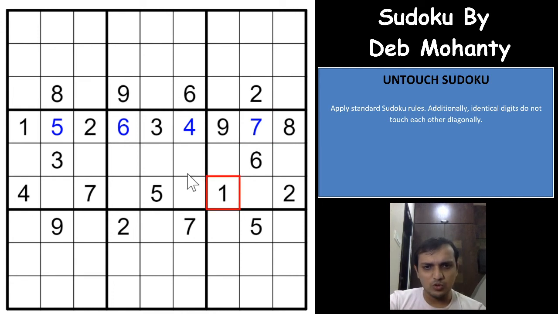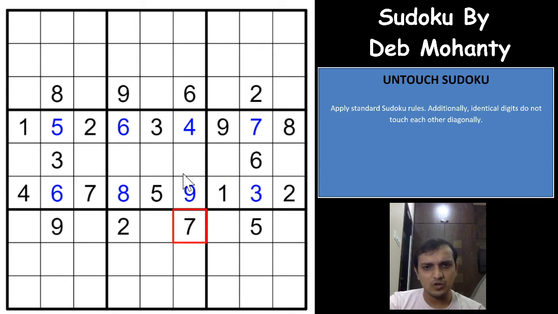Same way if you see row 6, 3, 6, 8 and 9. So 3, 8 and 9 are already here, which means this has to be 6. And 8 and 9 are already here, which means this has to be 3, and because of the 9 here you will have a 9 here and an 8 here. Excellent. And so if you see, there are 3 digits remaining in this box, which are 1, 2 and 7.